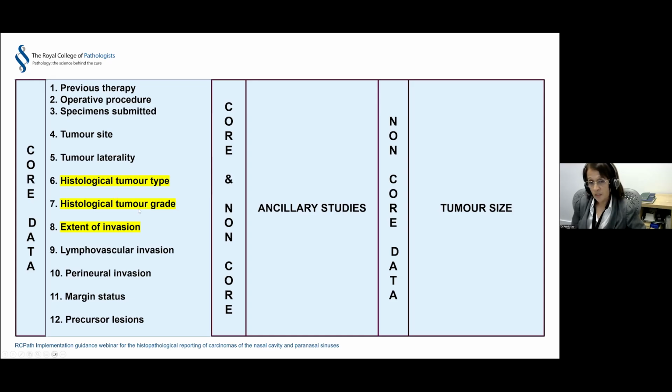And then we have the tumor type, tumor grade, and extent of invasion, which are quite important for the sinonasal region because the tumor staging basically depends on the extent of invasion, and the grade of the tumor and the behavior depends on the tumor type. For other parameters like lymphovascular invasion and perineural invasion, there's not much clear evidence on the impact, but they do say that perineural invasion, if present, is more likely to result in involved margins in the tumor resection.